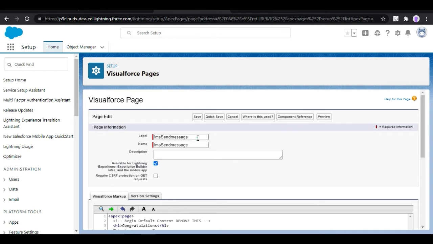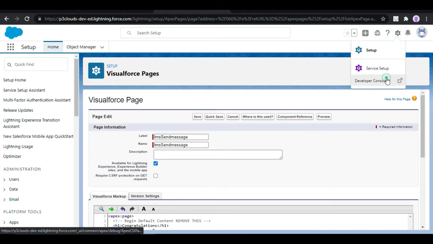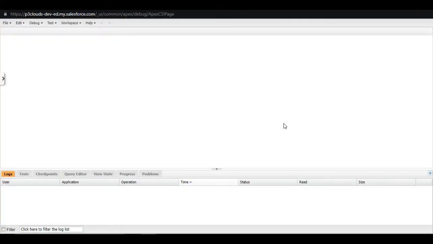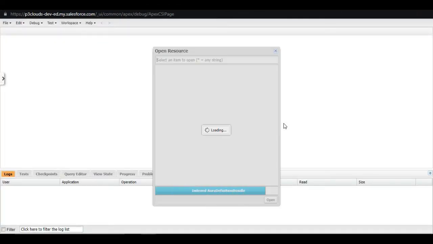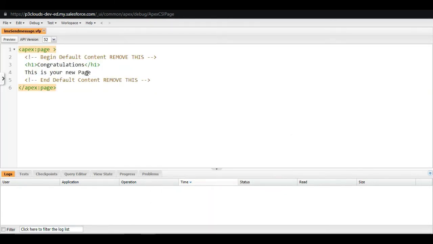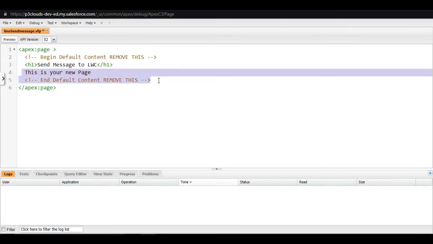Now our next step is, I'll open it in the dev console editor so that we have good formatting. Okay, in this Visualforce page, in this h1 tag, I'll name it something like this: send message to LWC, and then I'll remove this for now.